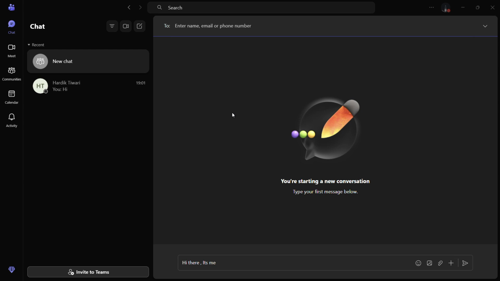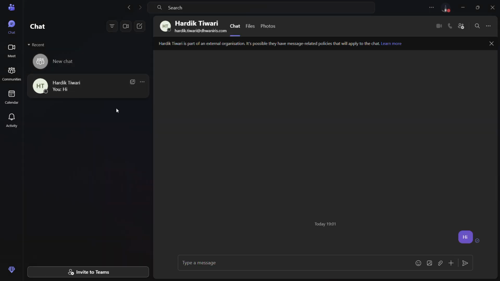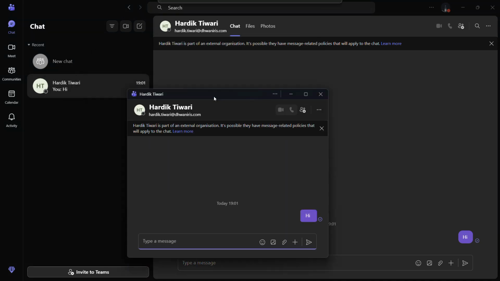So the first step in this process is to open that particular chat that you want to pop out. Now, you can see that just by clicking onto a particular chat, I have this small icon right here just besides these three dots, which says open in new window. So all you got to do is simply click onto this open in new window,